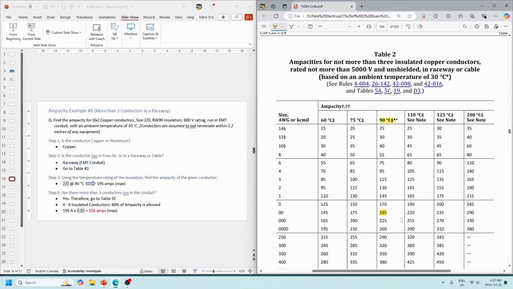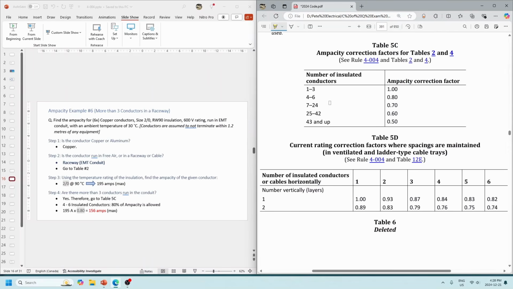But the issue is that we have 6 of them. So for 6 of them, we got to go to table 5C. Okay, so we're writing down the fact that we have 195 amps that we could normally push through there, but because we have too many conductors in there, those conductors cannot dissipate their heat properly. So we're going to 5C, and we got 6, right? So we're going to be doing 4 to 6 conductors, and the correction factor is going to be 0.8, right? So we take our 195 amps that we got from table 2, multiplying by 0.8,